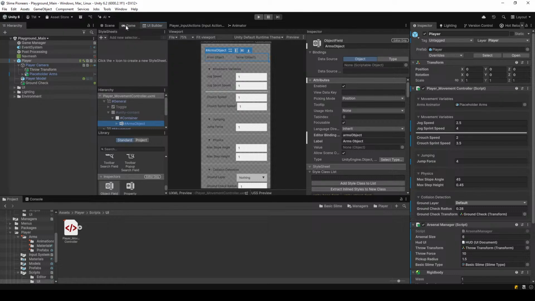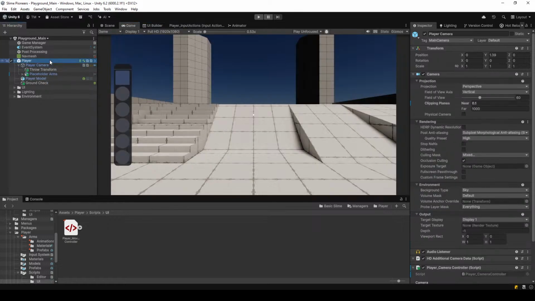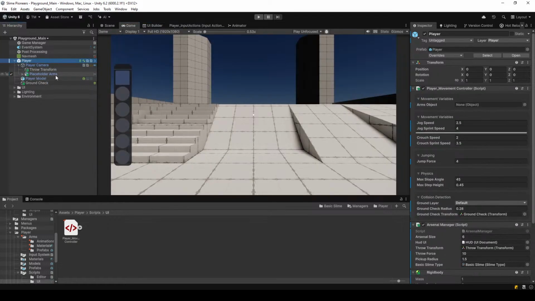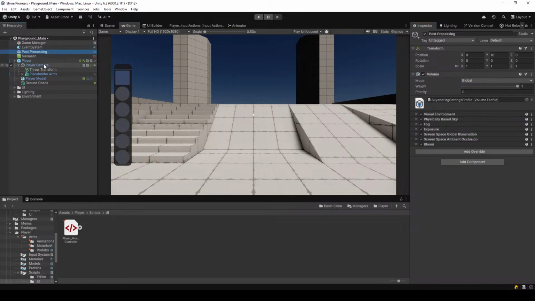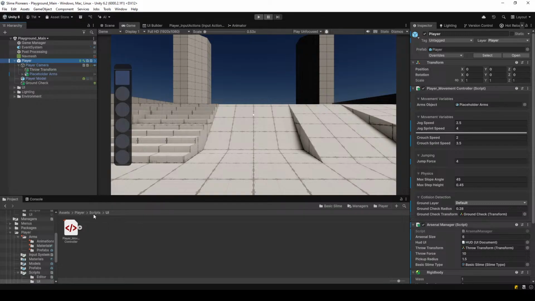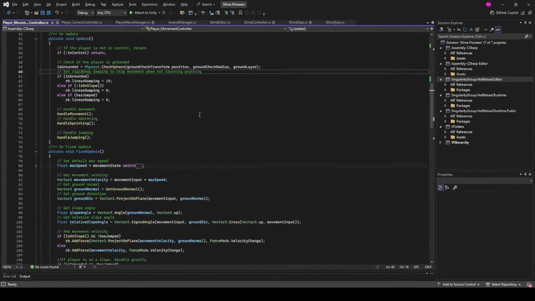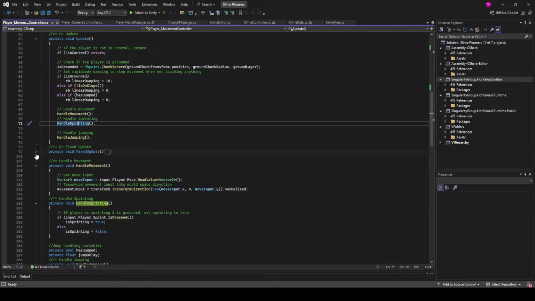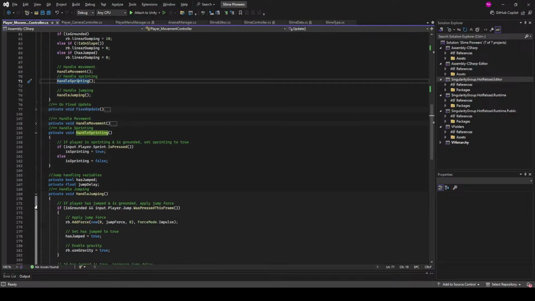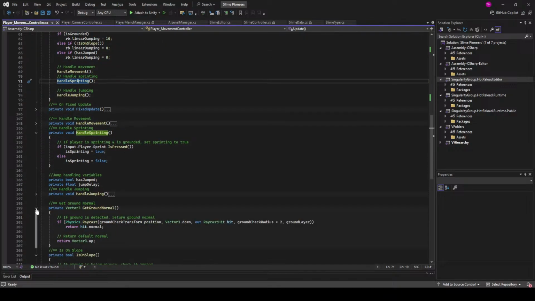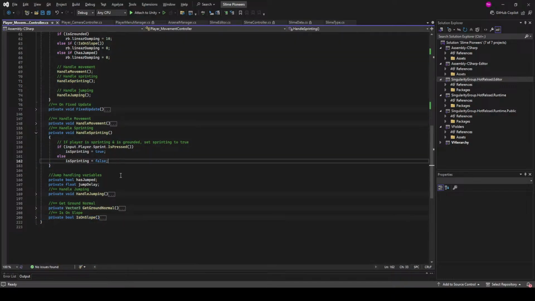There we go. Now this should stick. So if I were to assign this, placeholder arms, like so. Click out, click back on, great. Now, all we have to do is, when we are sprinting, which is in here, handle sprinting. Nice, handy thing for us. If you're sprinting, which is this one here,